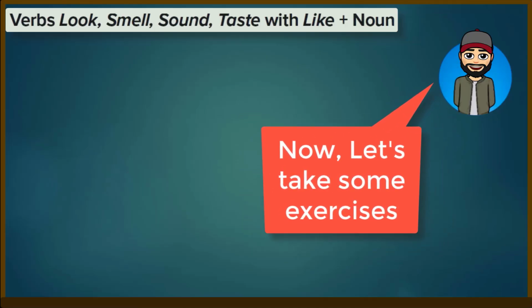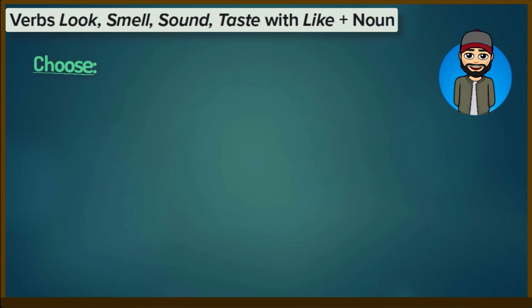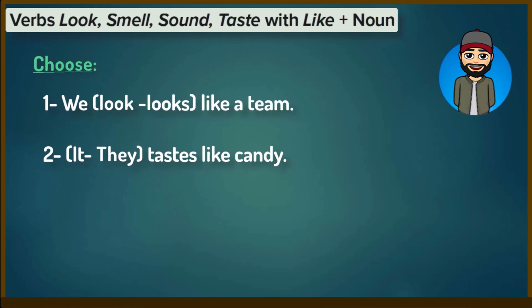Now let's take some exercises. الآن دعنا نأخذ بعض التمارين. Choose. اختر. 1. We looks like a team. Number 2. They tastes like candy. So number 1, what do you choose? رقم 1. ماذا تختار؟